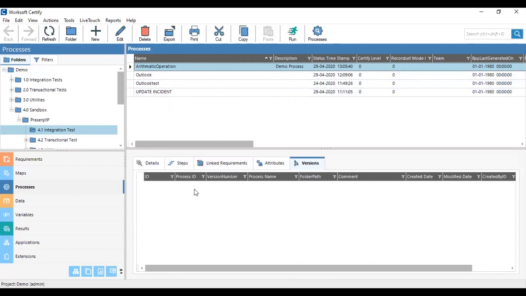That was actually the demo of how to create a process version and how we can use that process version. Next slide will cover how it differs from the process export.